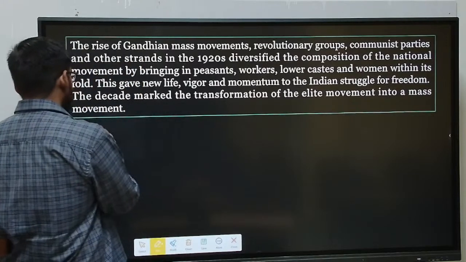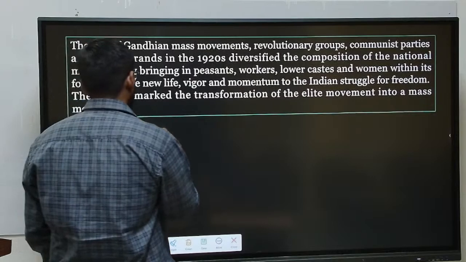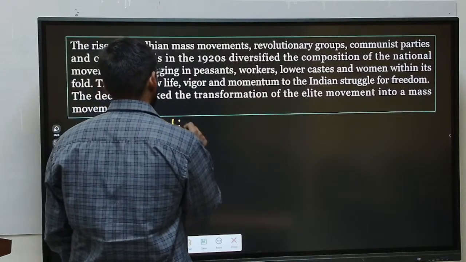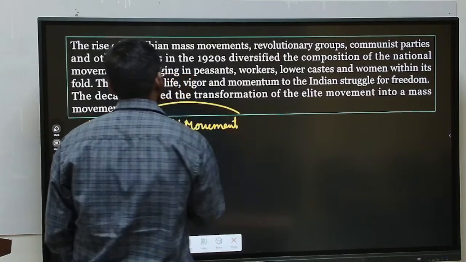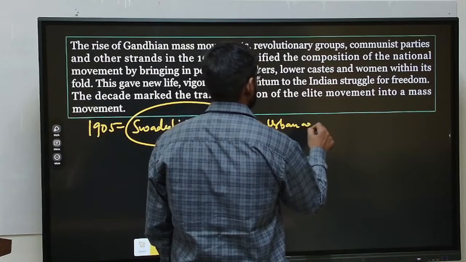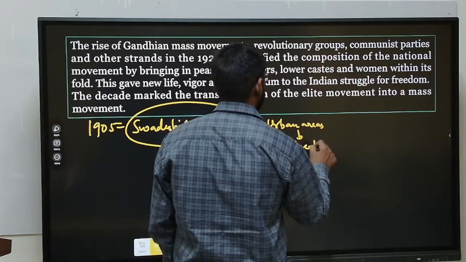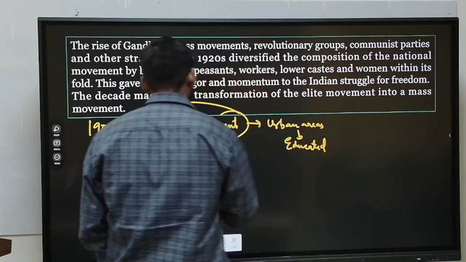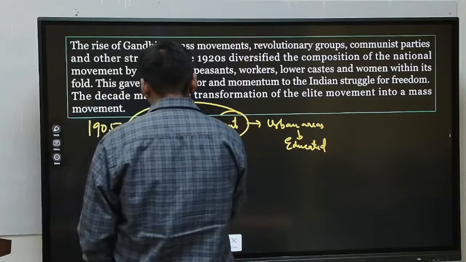So if you see the movement of 1905, that is the Swadeshi movement, the Swadeshi movement cannot be called a mass movement because it was only confined to urban areas. Involvement of the educated middle class only. But because of the Gandhian approach, different ideologies. So because of Gandhian